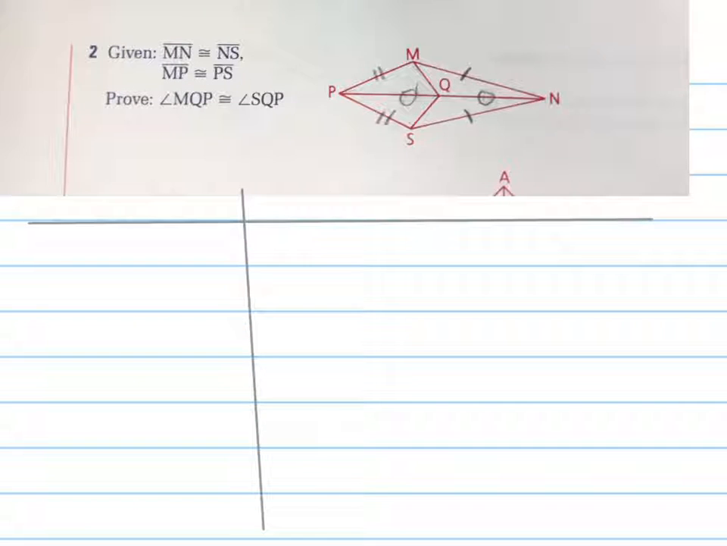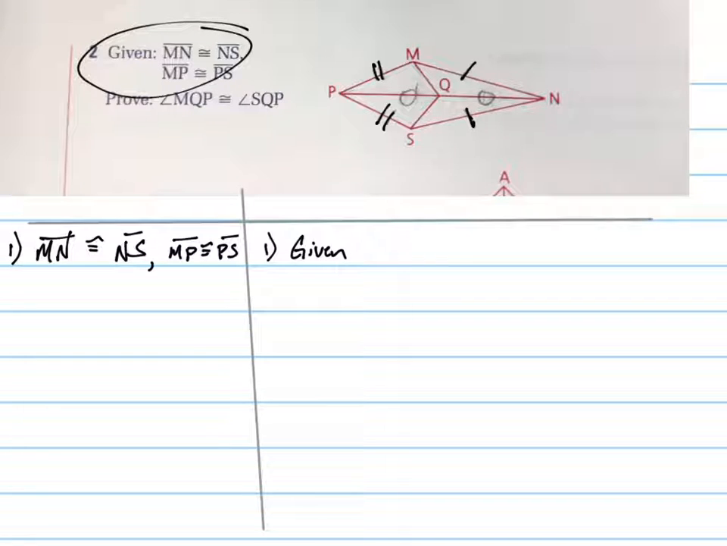All right, let's prove this. It says, first of all, the given here. So I've already drawn this in. MN is equal to NS, and MP is congruent to PS. So there's the given. Now, what I need to prove,